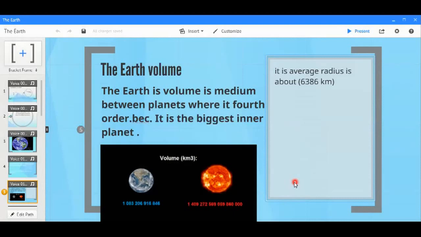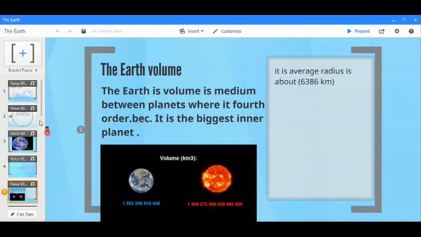It's bigger than Mercury, Venus and Mars, and it is smaller than all the outer planets: Jupiter, Saturn, Uranus, Neptune. So in ascending order of size, it is in the fourth position. The average radius of the Earth is about